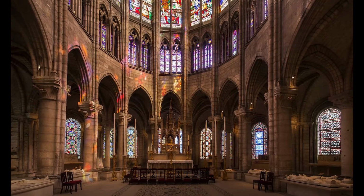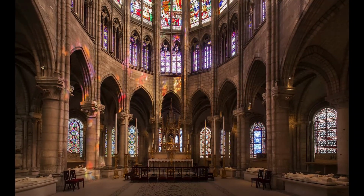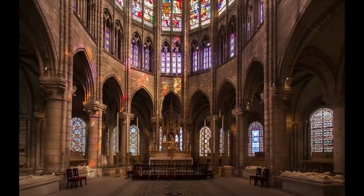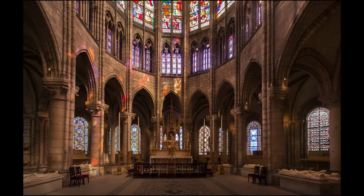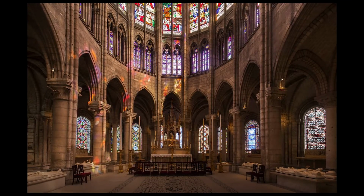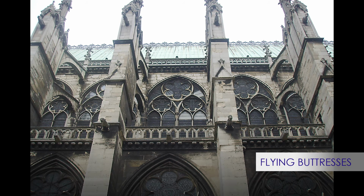These arches allowed, in fact, to reach greater heights, and with the ribbed vaults, the weight is channeled to the ground along the pillars and columns. That means that the walls can be really thin, or technically even absent, so that the spaces can be filled with windows. To contrast the outward thrusts, architects built many flying buttresses outside the walls that are another key feature